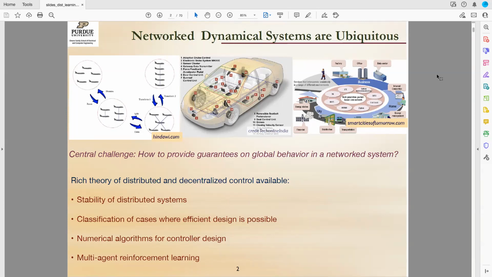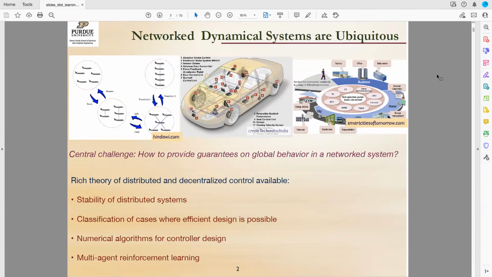The lane changing controller and the cruise controller can fight amongst each other to take over the operation of the car. And if you project to tomorrow, we can think about even systems of systems, where the power grid will interact with the transportation network and so on. In any distributed system, the challenge is always that we want guarantees on global behavior, the behavior of the entire system, but we want to make decisions locally, with local communication or information processing and information exchange.